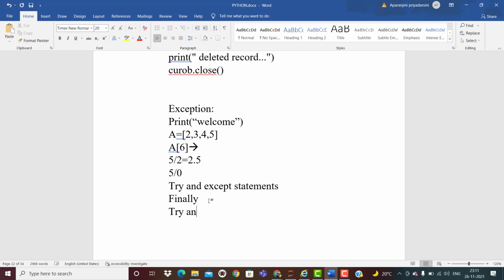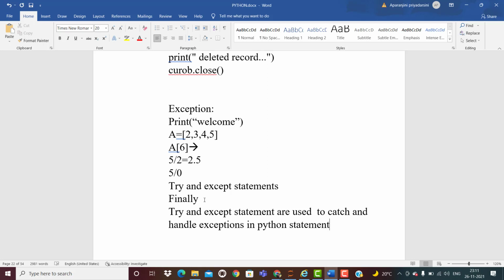So here try and except statements are used to catch and handle exceptions in Python.